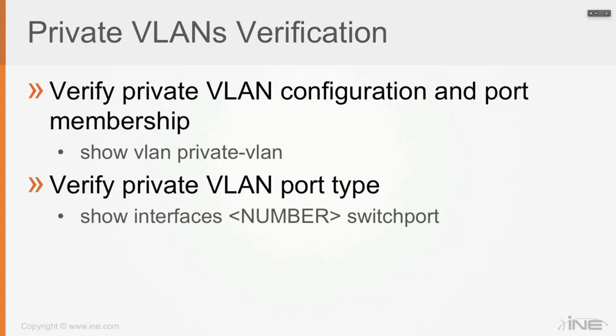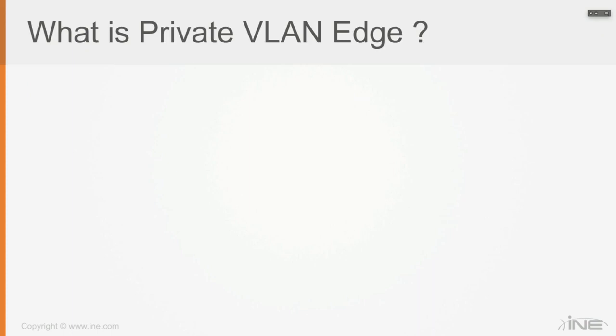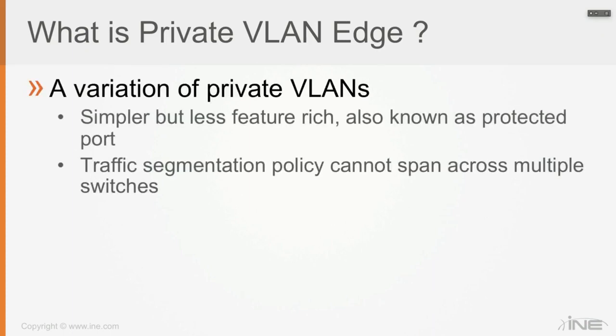So we have another variation of private VLAN which is called private VLAN edge, which is a variation of private VLANs which is simpler but less feature rich. It's also known as protected port. And also, traffic segmentation with private VLAN edge cannot span across multiple switches, while with regular private VLANs, it can span across multiple switches. So the limitation of private VLAN edge is that